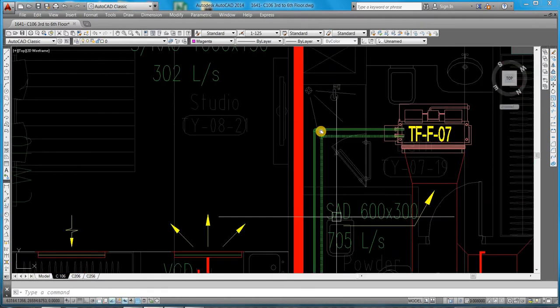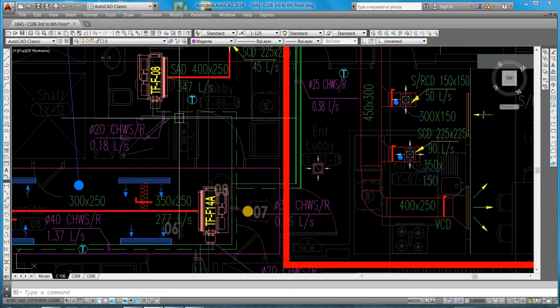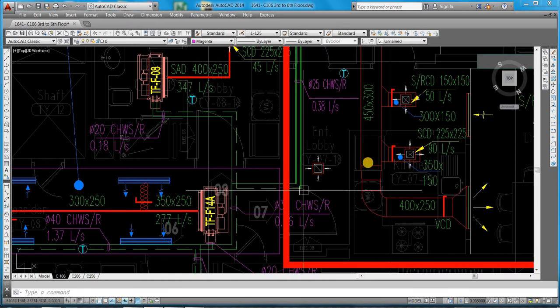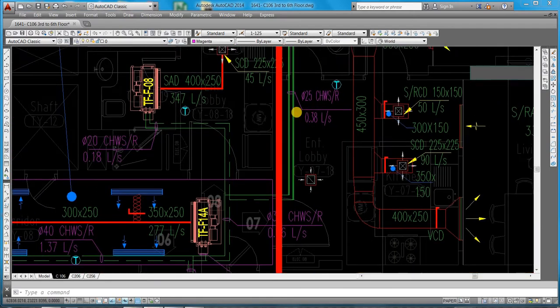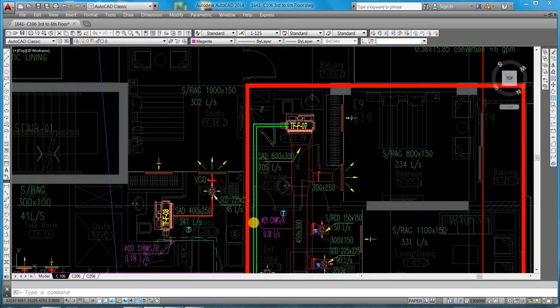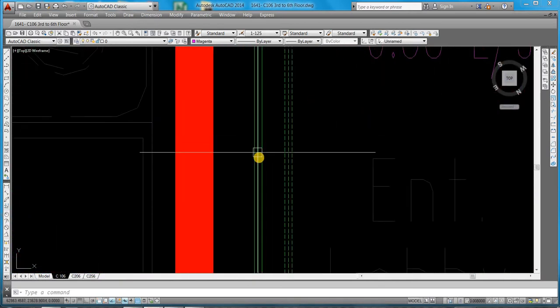This is a double end. Like this we need to do all of it, everything. Finally, what we are getting is this area. So we need to add a reducer, same as what we did for the duct reducer, from where we need to go into this area. For example, I'm saying only one example: in this area we have a 50 diameter.